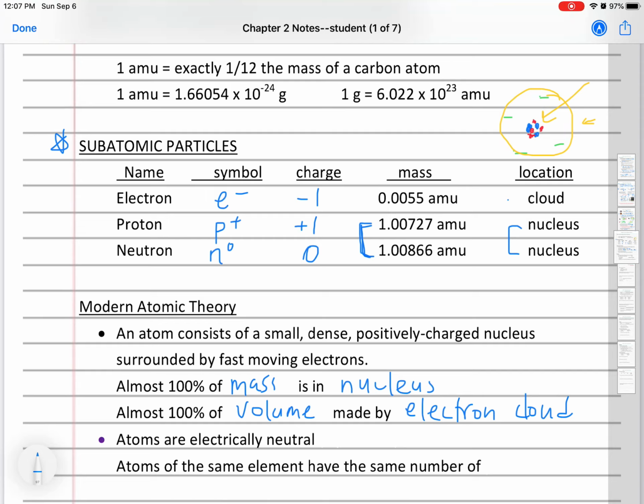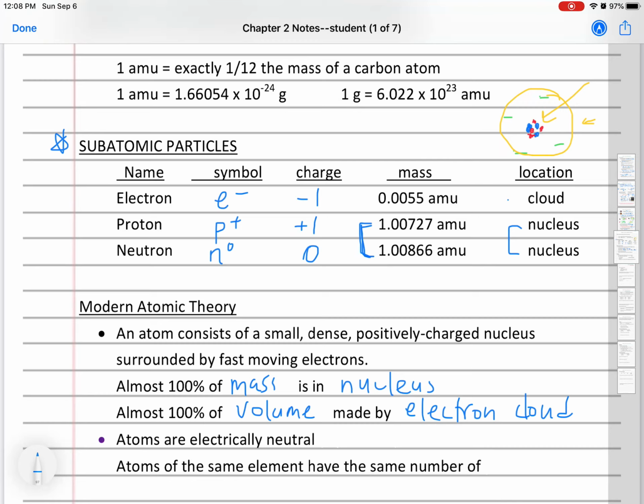A really good analogy that I heard once was if you took an atom and you visualized it the size of a football stadium, the football stadium represents the cloud. The nucleus would be represented by a grapefruit in the center of the stadium. That's how small the nucleus is relative to the cloud. And the electrons would be like a handful of blueberries flying around the stadium. So again, an atom is mostly empty space, which is kind of crazy to think about. This whole world, all the solid things around you, are actually mostly empty space.